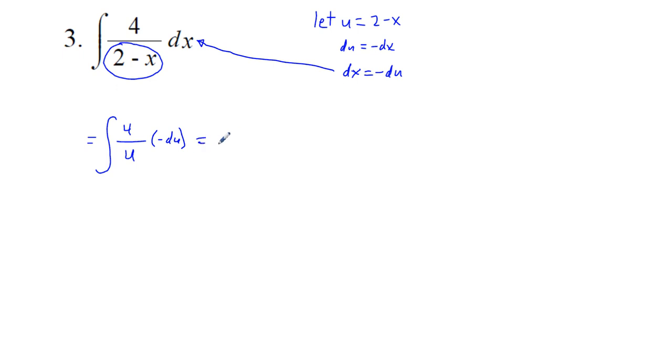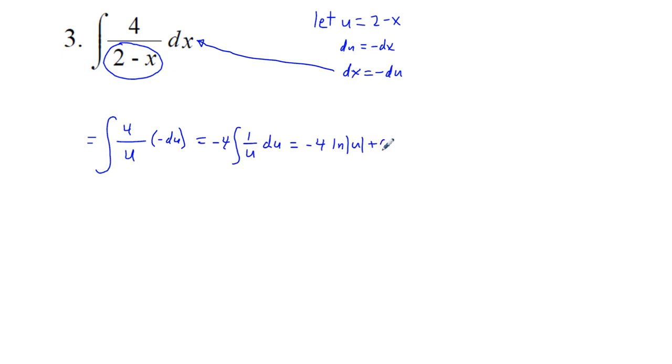Yeah, it works to the right now. Okay, what we have here is we can take this negative sign and this 4 out front. So we have negative 4 integral of 1 over u du. And so now we have an easily integrable format. So we end up with negative 4 natural logarithm of u